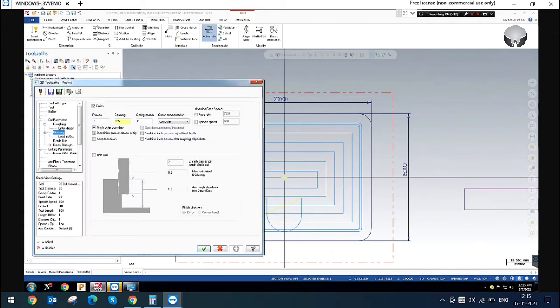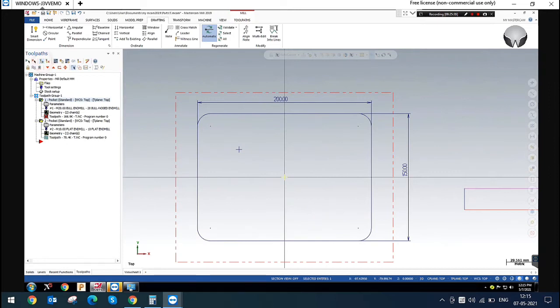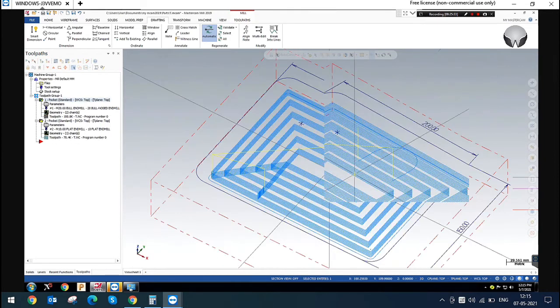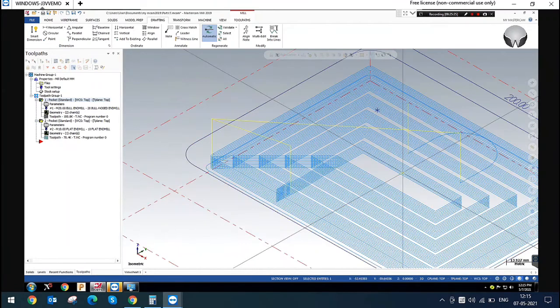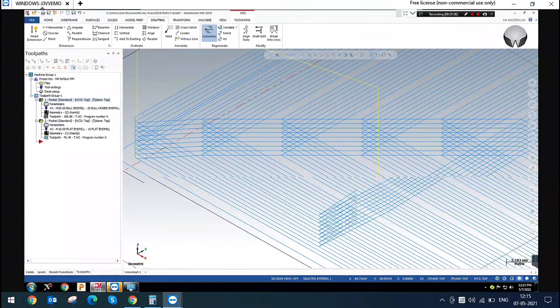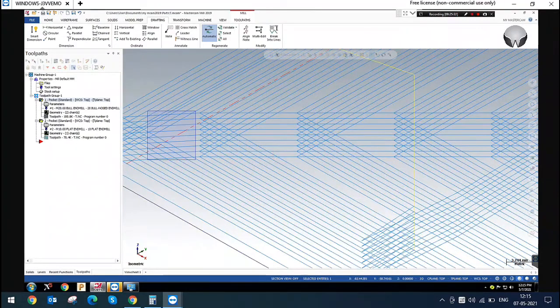The next one is machine finish passes only at final depth. If you enable this, it will go only with the final depth. The same as the multi-pass option. This is all a roughing operation only, and the finish pass will go with the final depth.